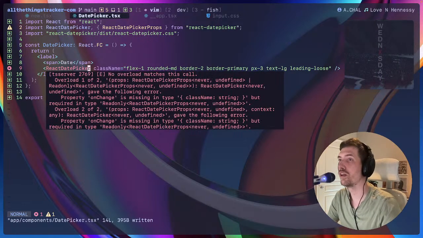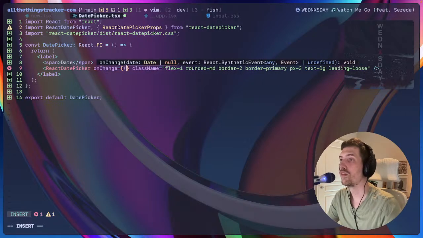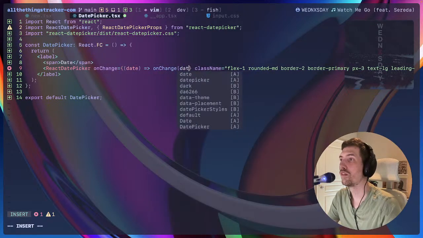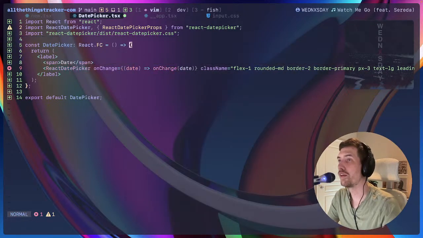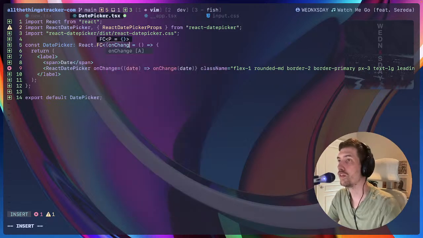On change. All right, so on change, date. We will just pass this on change. There's going to be a date, and return